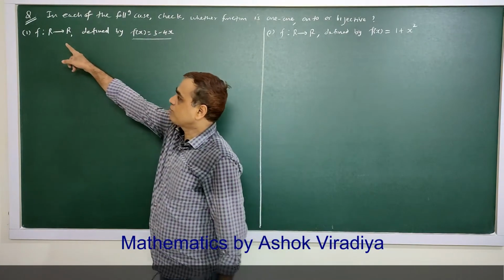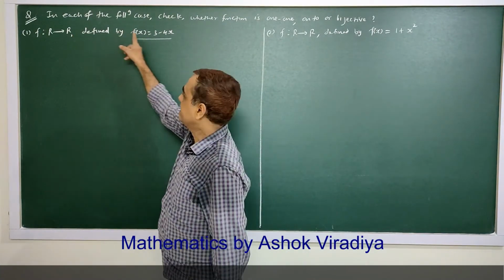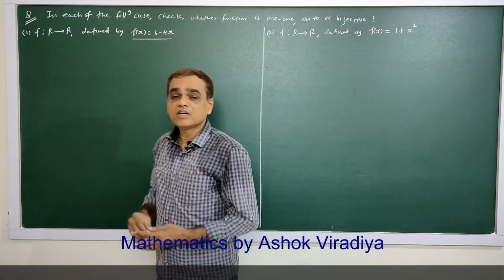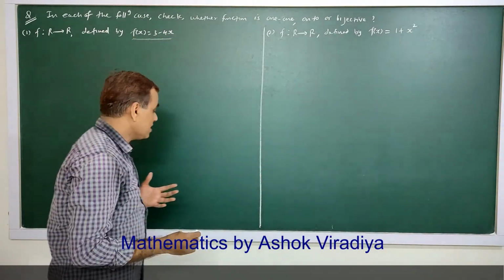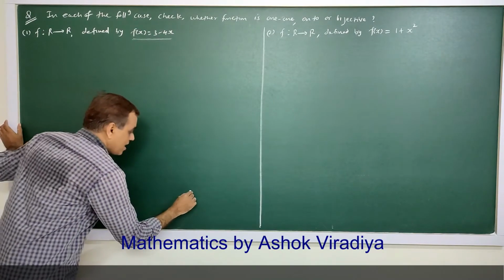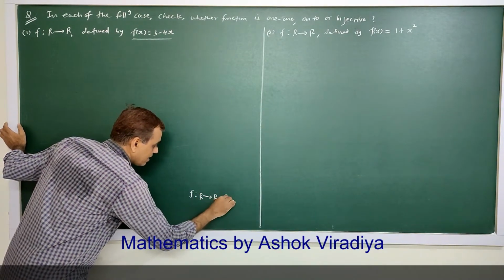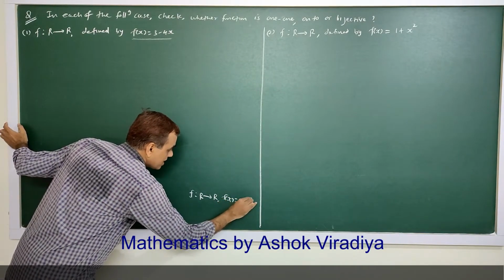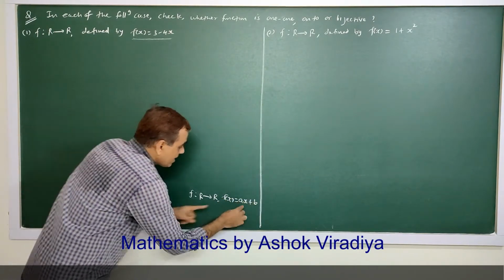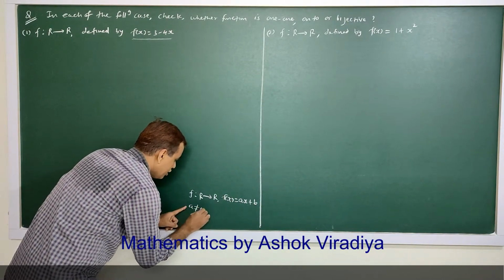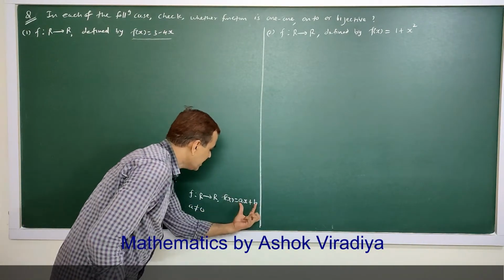If f is from R to R and it's a linear function, it is like f(x) = ax + b, where a is non-zero, so this is a linear function,